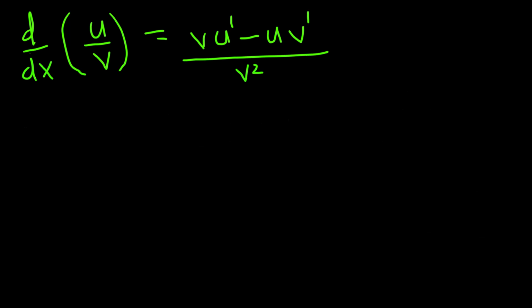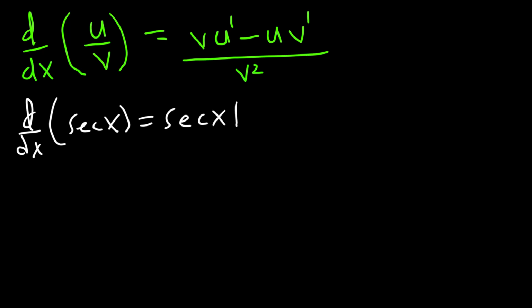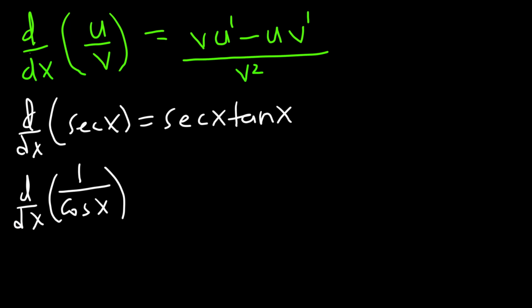And lastly, we also know that the derivative of secant x is equal to secant x times tangent x. Now you go on and prove this using the quotient rule. This can also be written as, now secant x is the same as 1 divided by cosine x. Therefore u will be equal to 1, and if we differentiate this, u prime will be equal to what? The derivative of a constant is 0. And then v will be equal to cosine x. If we differentiate this, v prime will be equal to